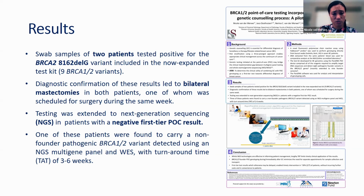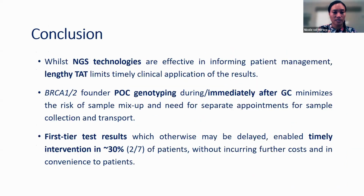And one of those patients was found to carry a non-founder BRCA mutation using an NGS panel with a turnaround time of 3 to 6 weeks. So whilst NGS technologies are effective in informing patient management, and it is becoming more widely used, even in the private sector, the turnaround time is still lengthy, and it can sometimes limit timely application of the results in clinical